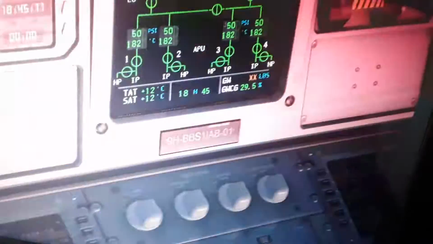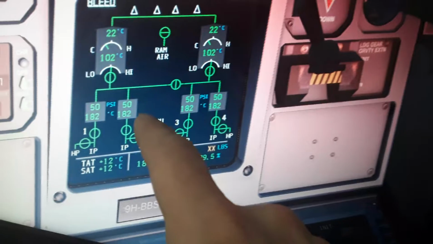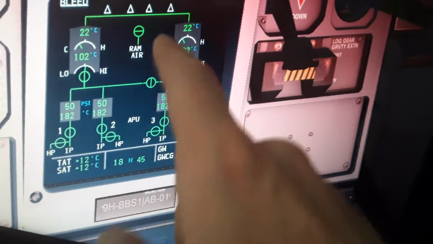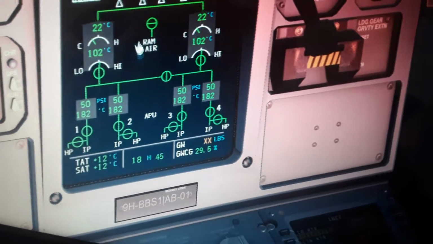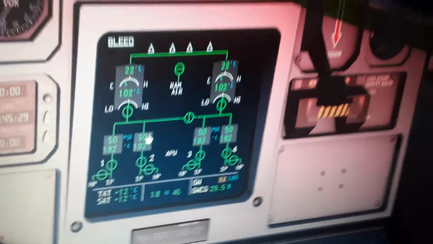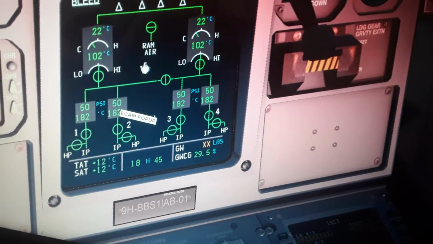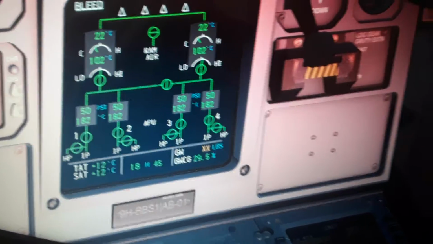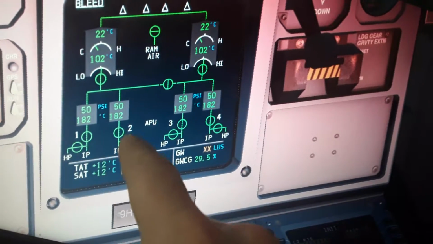You see additional systems like the bleed system, which is from the engines, which supplies bleed air, compressed air from the engines into the other systems which need compressed air, like the cabin pressurization system for the aircraft, and maybe some hydraulic pumps which need compressed air, and the air conditioning. We have supply from each engine right now. Engine 1, engine 2, engine 3 and 4, and we can see it up here actually